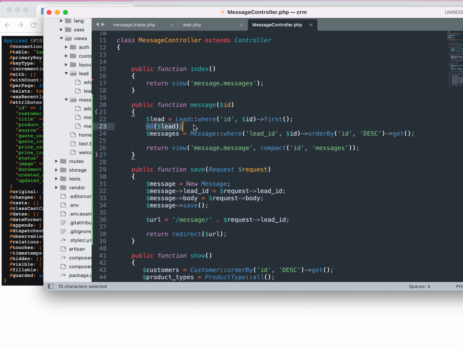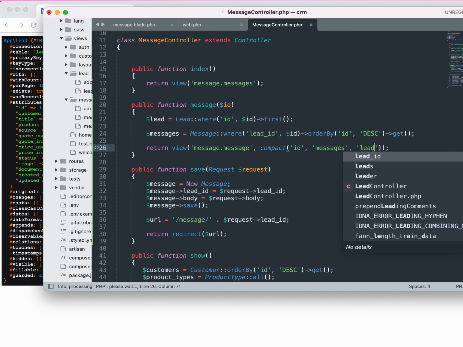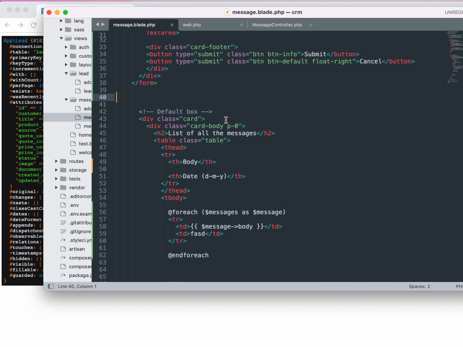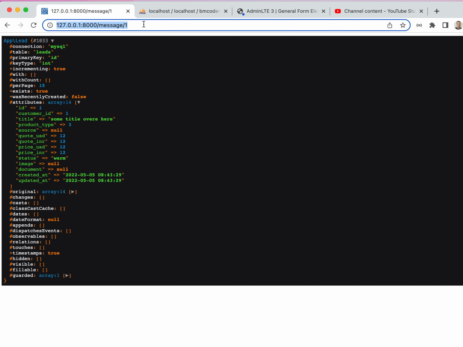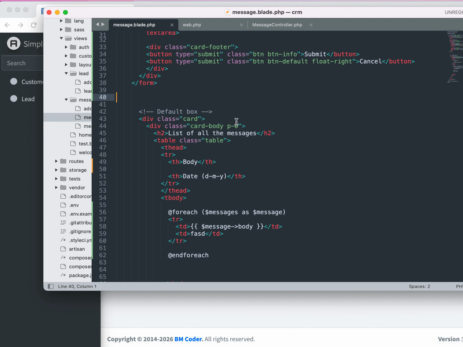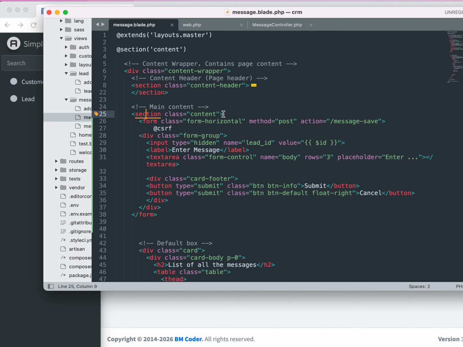Correct, so we can pass over here lead. Correct, it's one, so we have used singular. If it's many, then we should use many. Then go over here and let's see what happened. Where should we display? Just next to message. Over here it will be good to have a list of all messages. Then over here, correct, before the form,